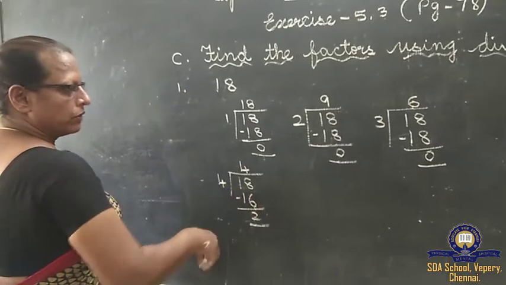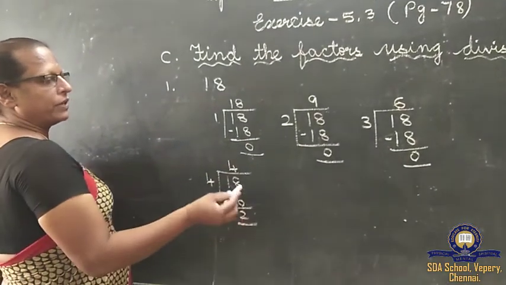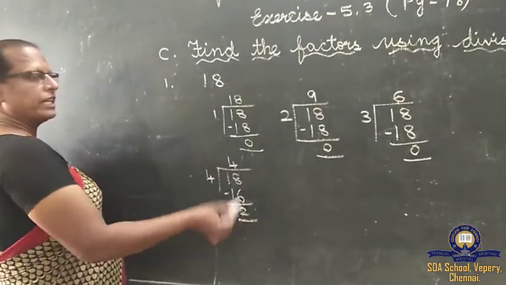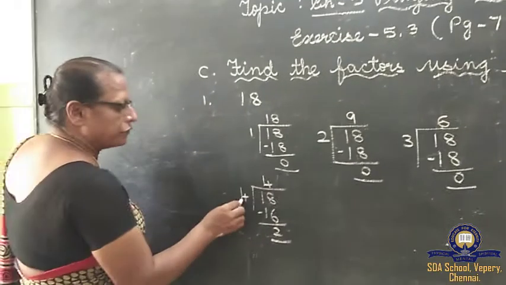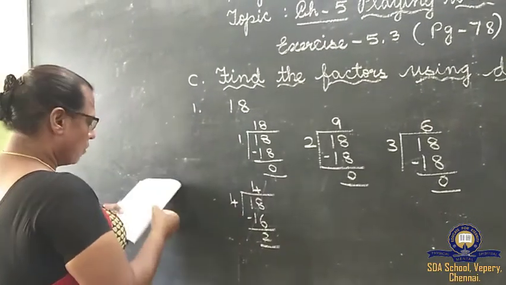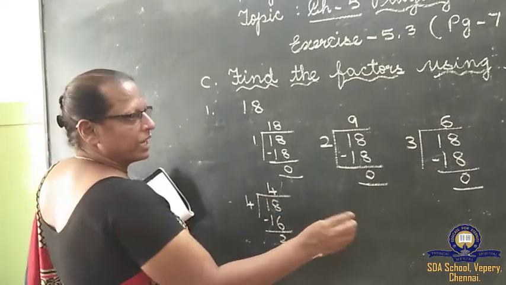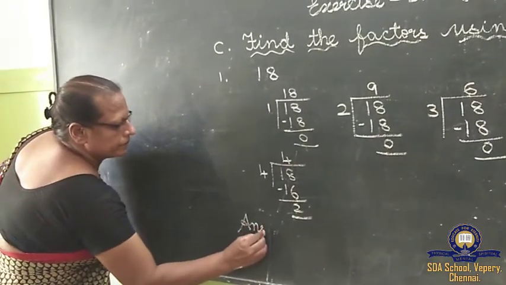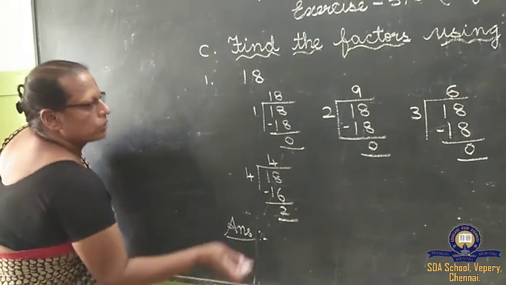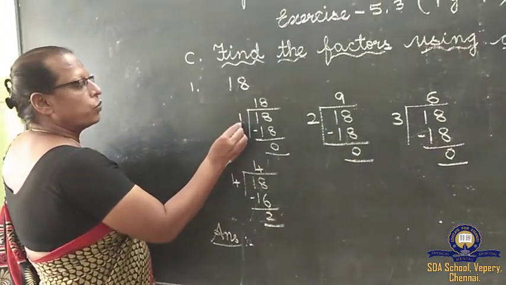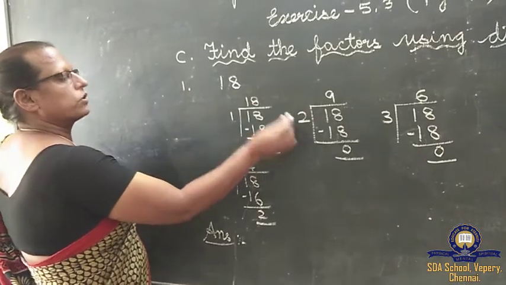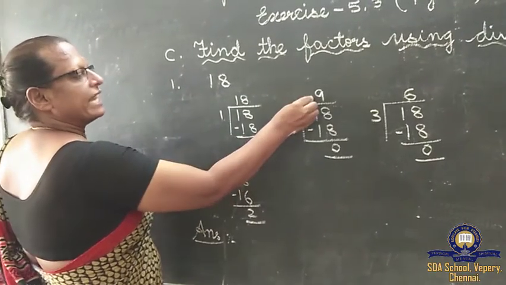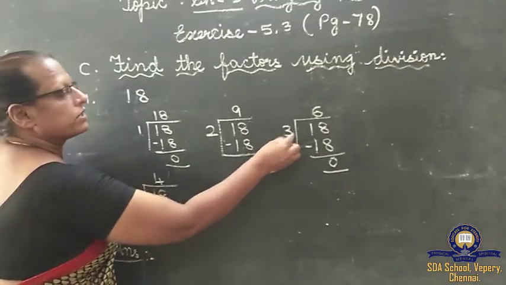So what you have to do, in a pencil, you can strike it out like this so that it will be easy. Otherwise you will get confused and you will write this number also. Okay, children. So in the 5 table it doesn't go. So what's the answer, children? See, here you can write 1 table also it goes, 18 table also it goes, 2 table also it goes, 9 table also it goes, 3 table also it goes, 6 table.